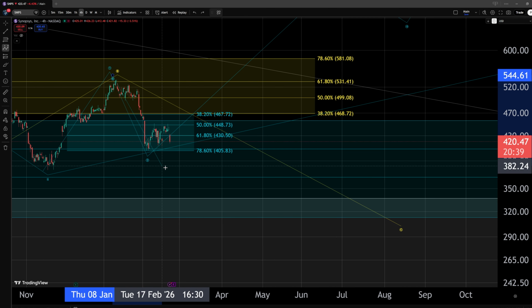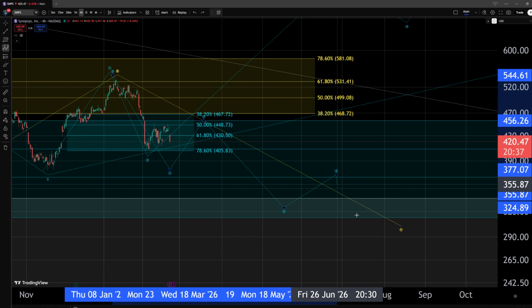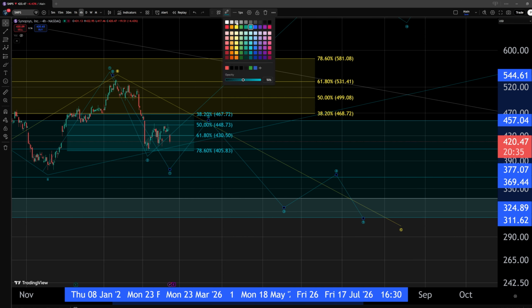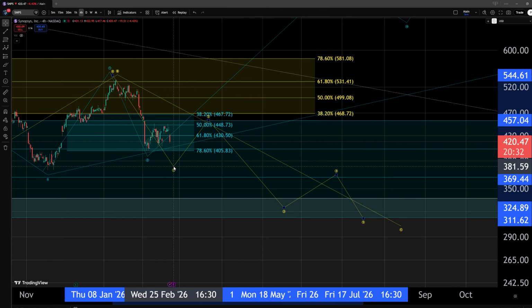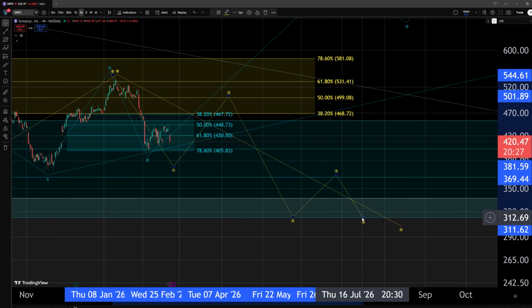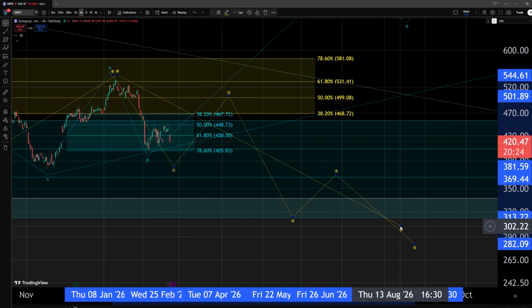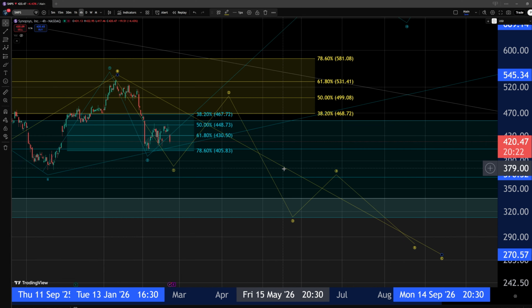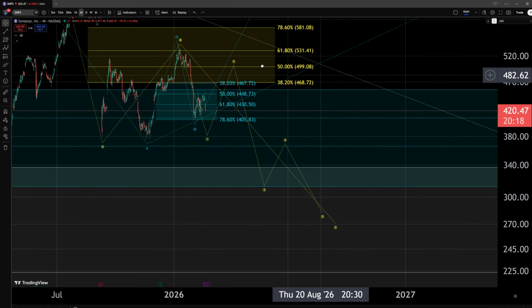Now, this has a couple of implications actually, because if we are to build here an extension of this wave 1 and we form afterwards a wave 2, and we continue in a wave 3, 4, and 5, this wave C would very easily break our area of support in blue, our larger area of support,